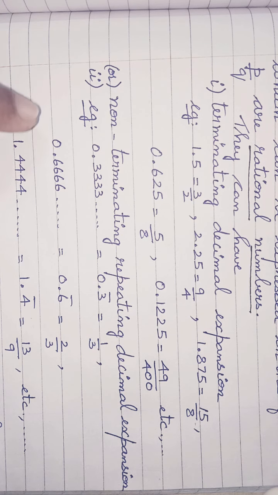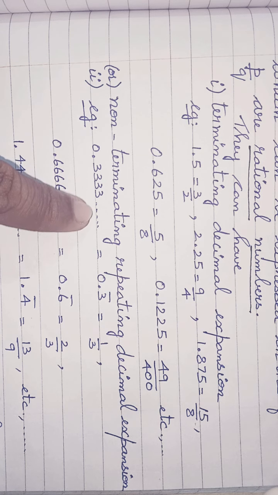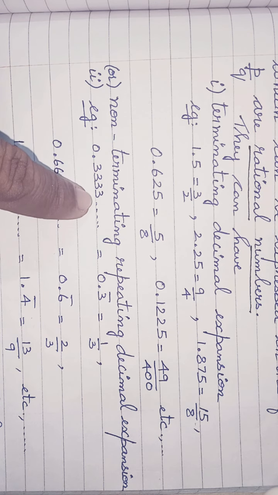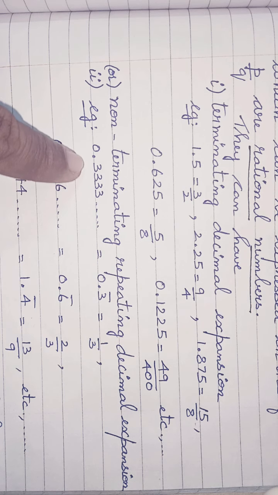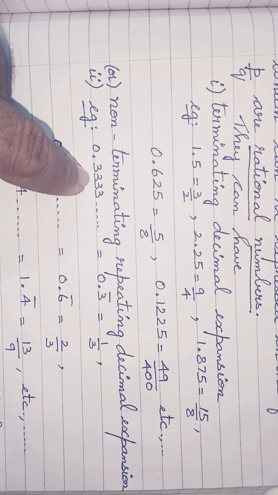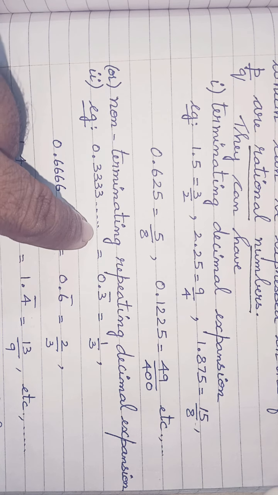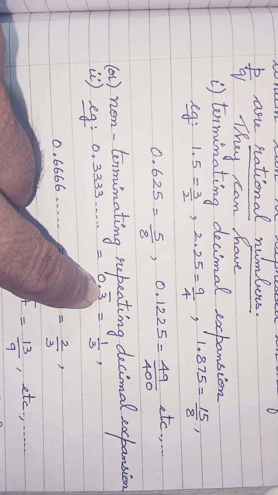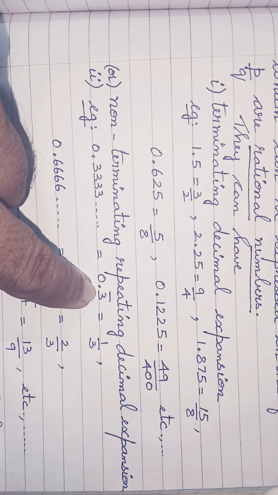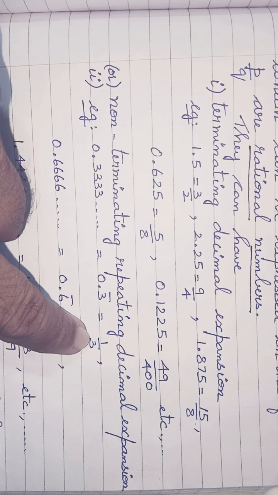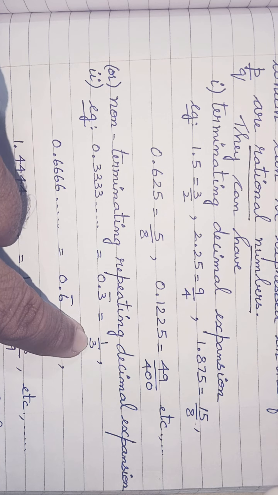You can see that this number 0.3333 is an example of a rational number. You can see that it is non-terminating, it is not ending after certain decimal places, but the same number 3 after the decimal point is repeating again and again infinitely many times. This can also be written as 0.3 bar. 3 bar means the number below that bar is repeated infinitely many times. Now, this number can be written in p by q form as 1 by 3.